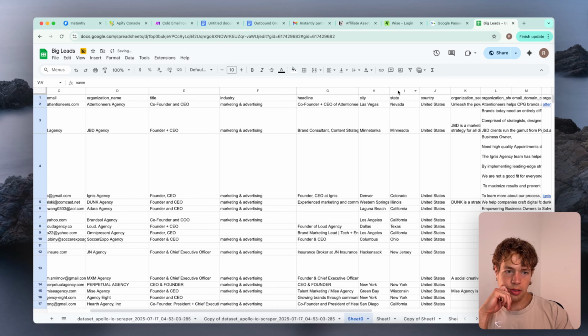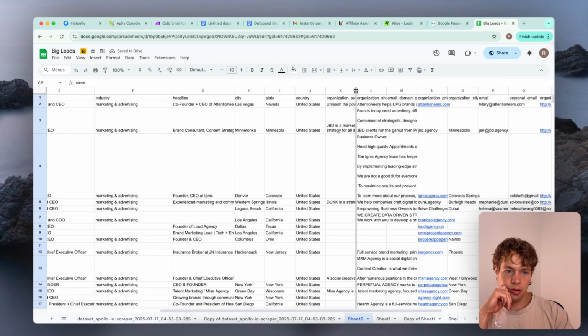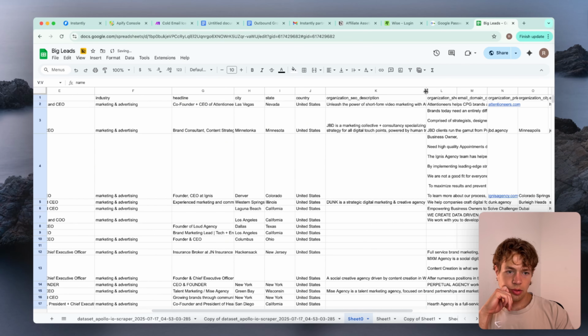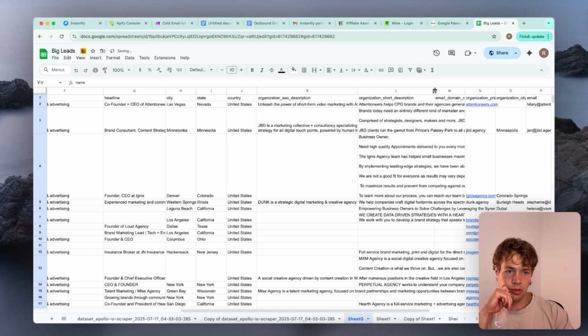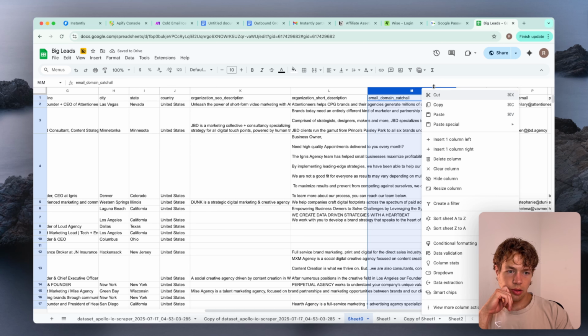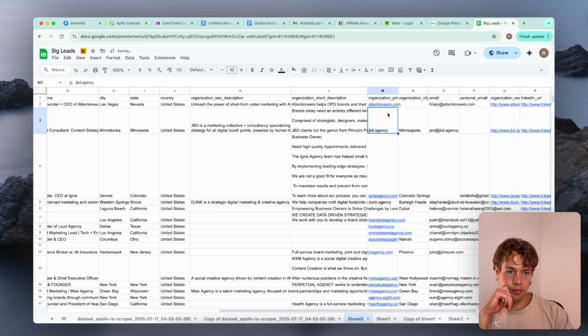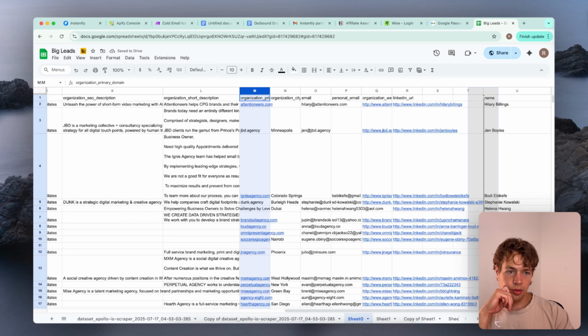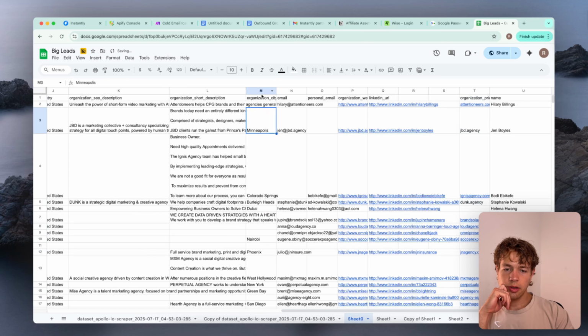Title, headline, city, state, country, short SEO description. I don't think we need this column. This is primary domain. You're gonna get dragged over here. I could just delete that, but